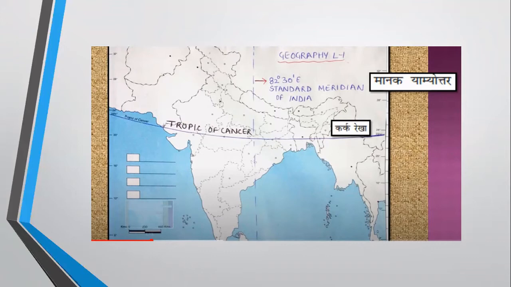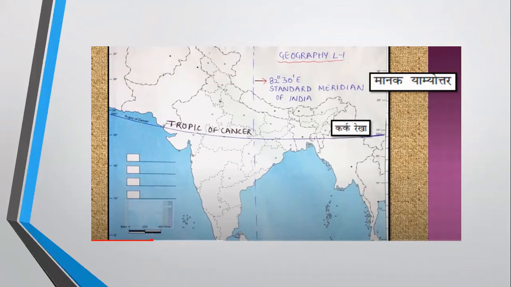Now remember, this line is not going to be a straight line because latitudes as well as longitudes are not straight. Okay, Tropic of Cancer will not be an absolute straight line. And the prime meridian of India will be meeting the poles, the North Pole as well as the South Pole. It's not going to be a straight line over there also. In the Tropic of Cancer, because you already know which states it passes through, you will make sure we pass through those states. Yes, so you're going to mark Tropic of Cancer on your map.